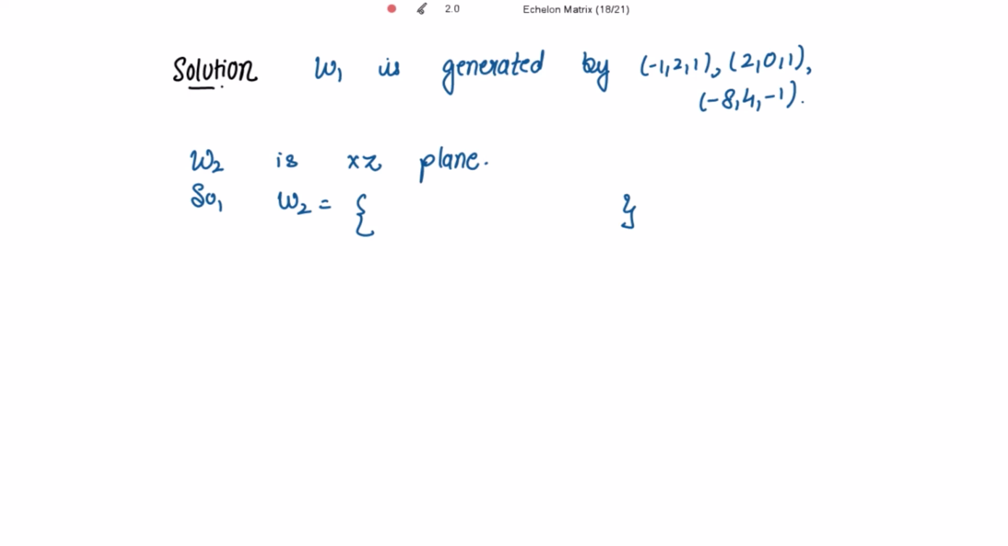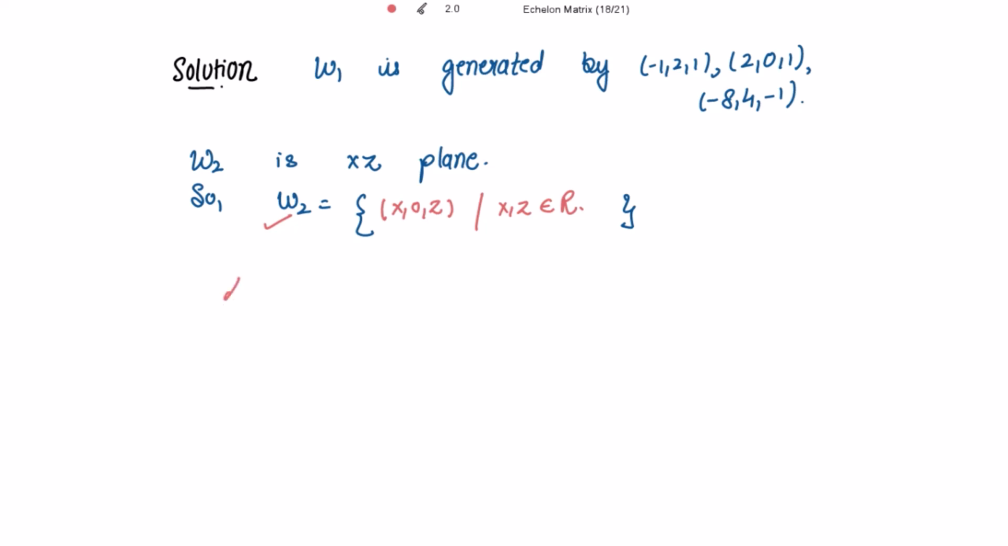So it is given that W1 is generated by these three vectors and W2 is a subspace of the kind xz plane. So what kind of elements are present in W2? It is your xz plane. So it contains the elements of the kind x, 0, z, where x and z belong to the real numbers. And now, to get the vectors generated by the W2 subspace,